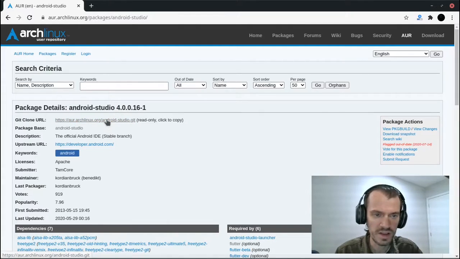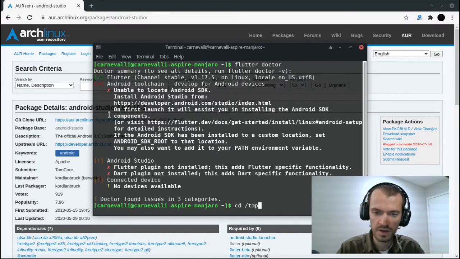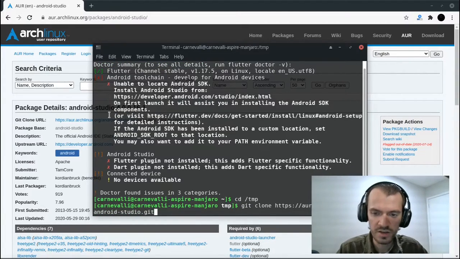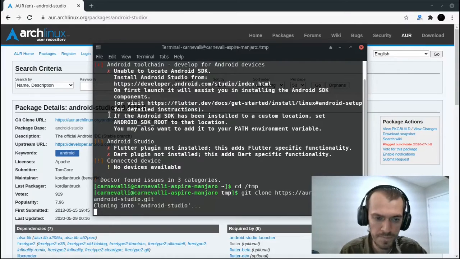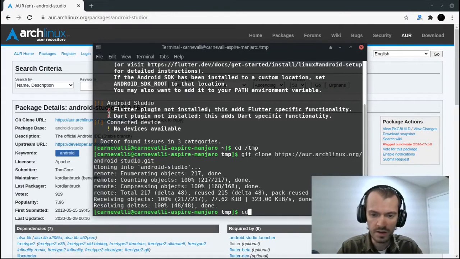Now copy the git URL, and go to your temporary folder and execute git clone and paste your git URL. It will download the package